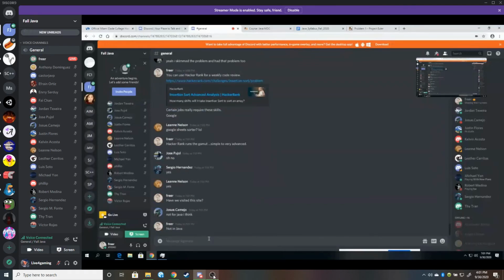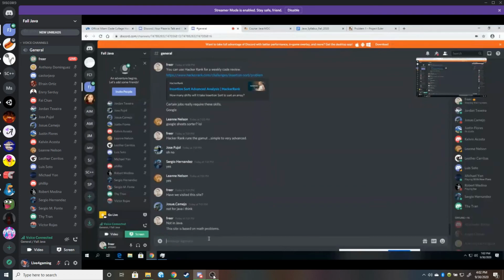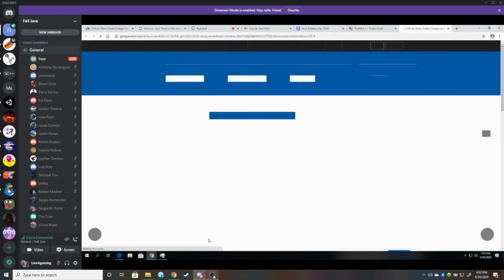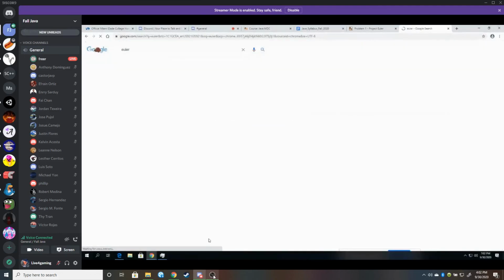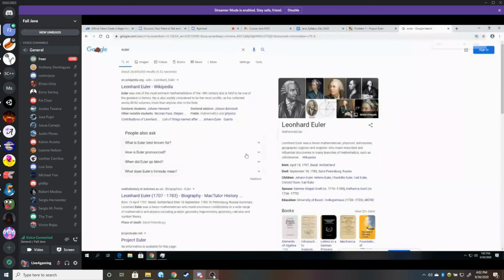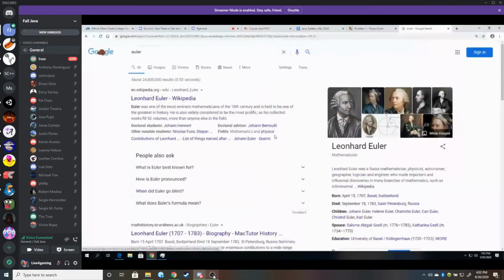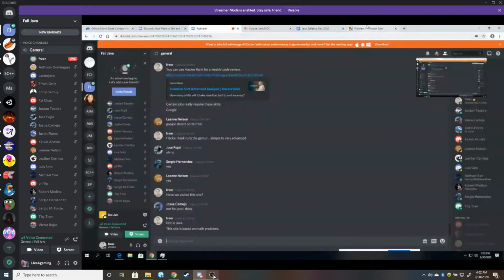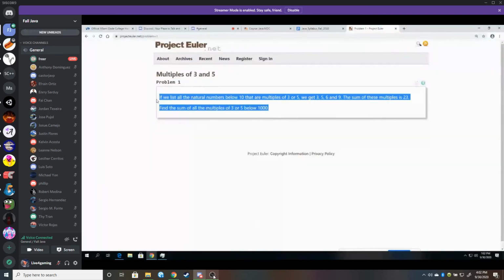So let's talk about Project Euler. This site is based on math problems, and that's a very famous mathematician. One time a math student said, "You're mispronouncing his name, Mr. Freer." So I was always saying Euler. He said it's Euler. But he's one of the most prolific mathematicians in all history, right? So it's kind of interesting that we can look at this and do some solving.